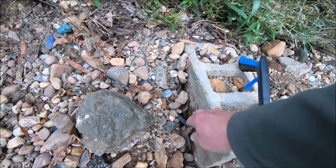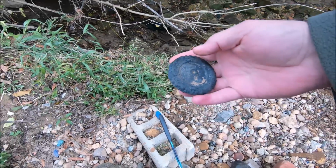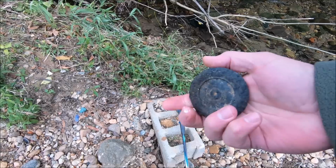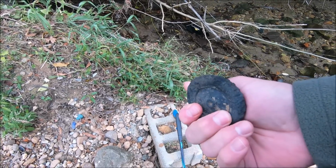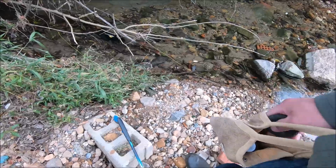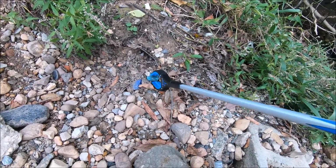That is a wheel, a rubber tire off an old, super old toy. Super duper old. It looks like a tractor tire. We will harvest. And that many of you already know